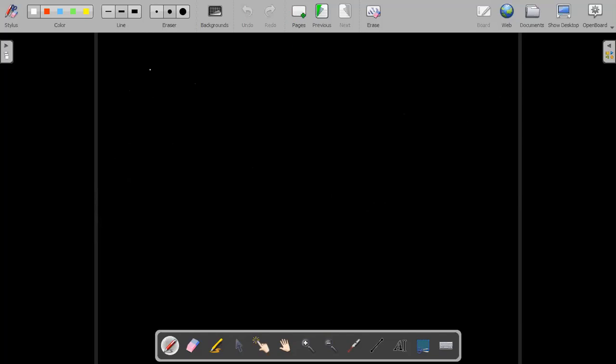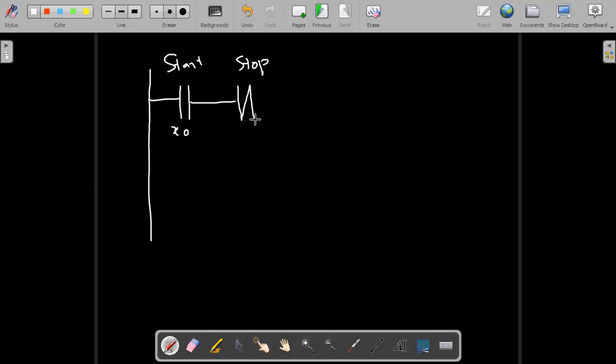Fine, I'll just create a rung. So for the start, I'm going to use H0. So this is my start. Okay, and by default, initially stop should be disabled. So that's why I put a NC contact here. This is my stop. I'll just put H1. This is my stop. Okay, so this should be actually connected to your heater.